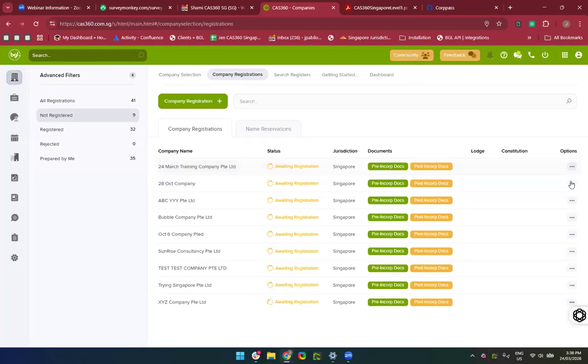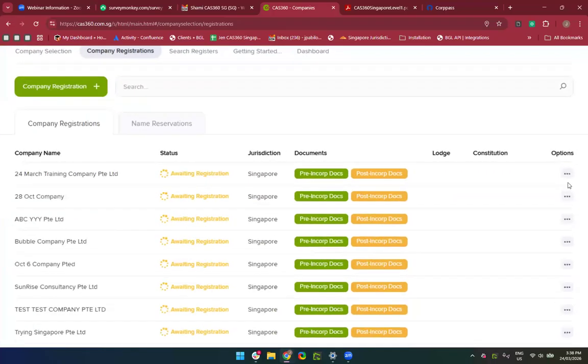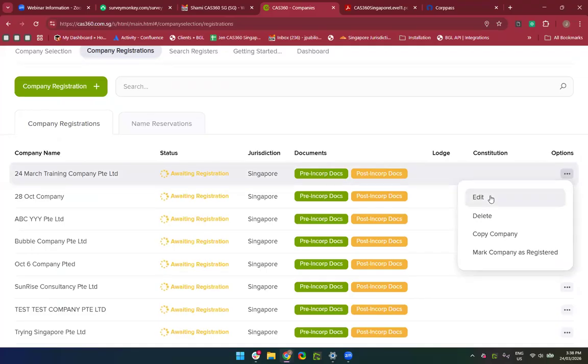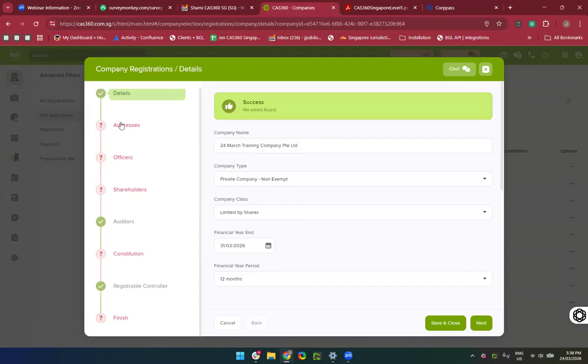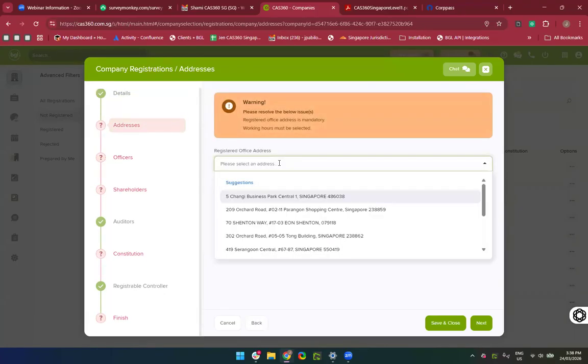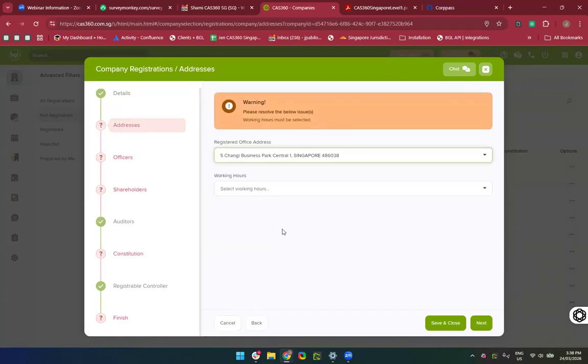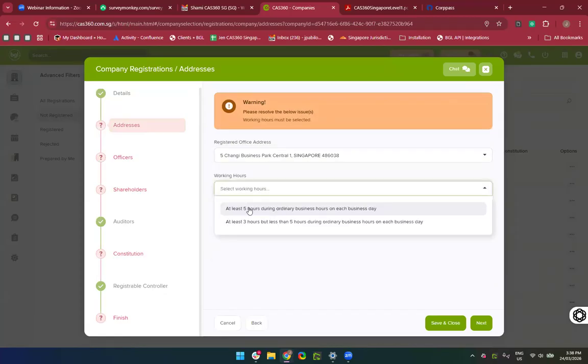Now, to go back on that, again, go to your option section, click on option, click edit, and this will bring you back to the whole workflow. You see that in the whole workflow, I have red items that I haven't filled up, so I need to complete the whole process. I add in my registered address. I'll just simply put in Changi as well